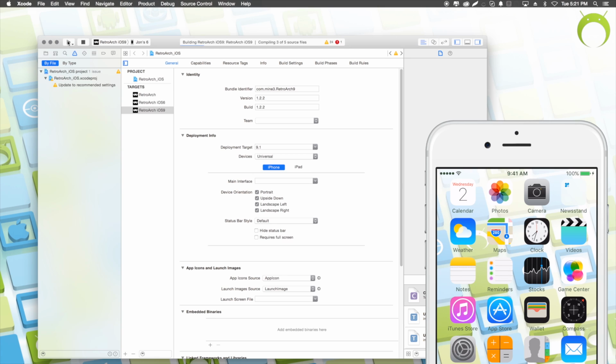So once you hit play, it'll begin to go through all the process. You will get a couple of little yellow triangles, which is completely fine. What you want to watch out for is the red hexagon. If you get a red hexagon, then that means that RetroArch did not build properly, and it'll say build failed, which then you'll probably make a comment letting me know, and hopefully I can help you out. But if you followed everything just as I did on the screen up to this point, then you will not get the build failed prompt, and it'll actually say build succeeded instead, just as it's about to say for me here.